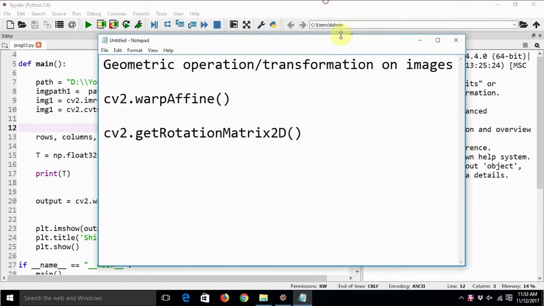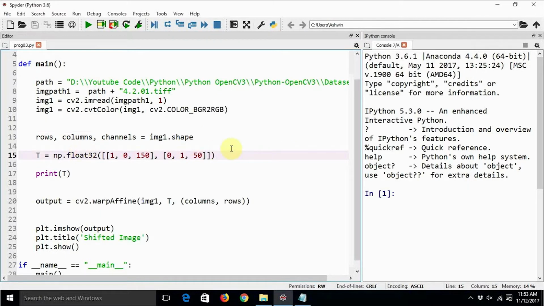As we know, geometric transformation is a kind of affine transformation, and we again need to use the cv2.warpAffine function in order to apply that transformation on an image. In the earlier example we manually created the matrix using which we applied the transformation.